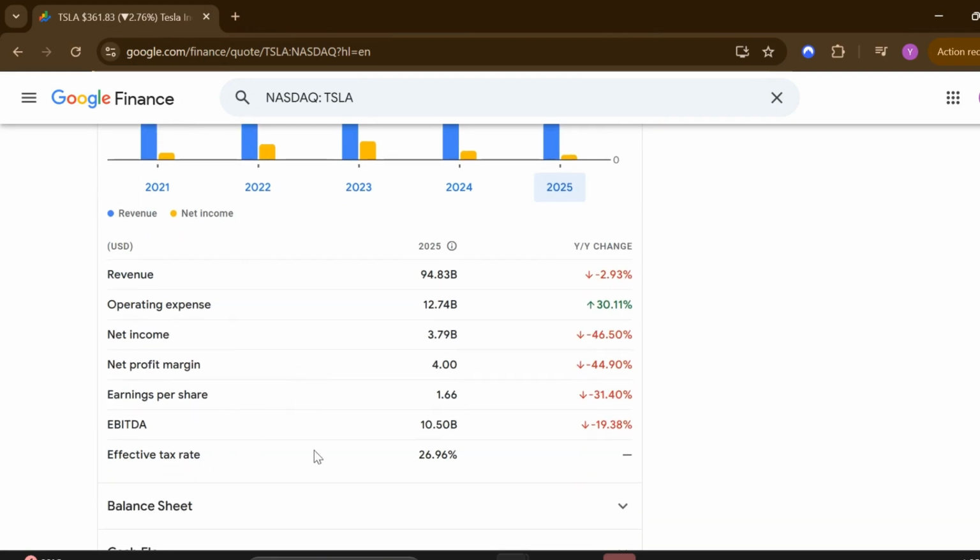As you scroll through the income statement, look for the effective tax rate. This value reflects how much of the company's pre-tax income is paid in taxes, and it can vary due to deductions, credits, international operations, and changing tax regulations. Monitoring this figure over time can help you identify trends, compare companies, and evaluate how efficiently a business manages its